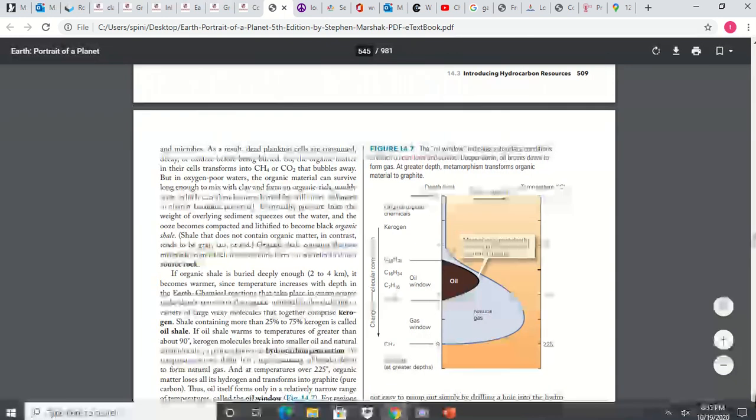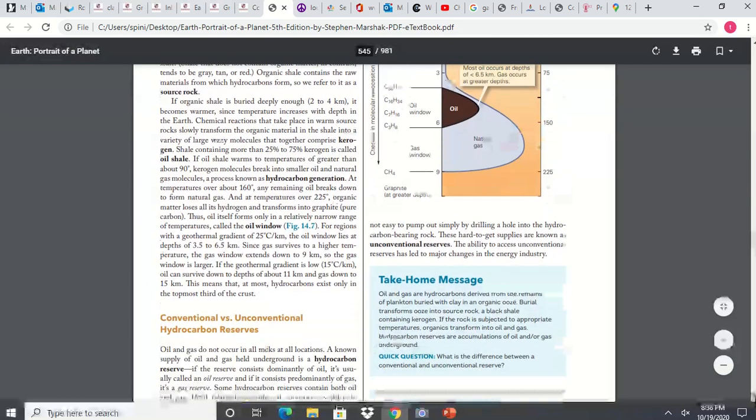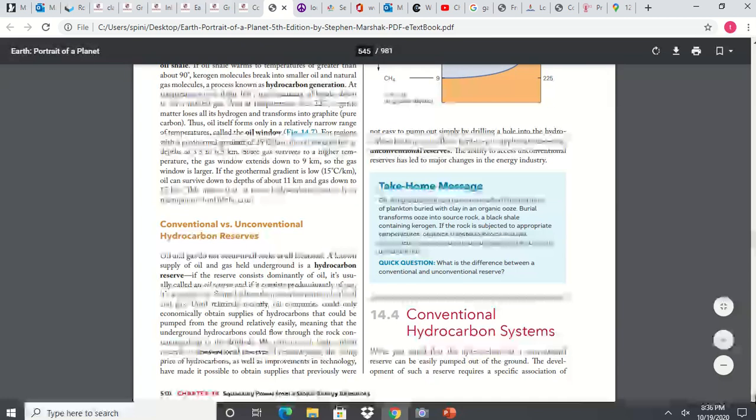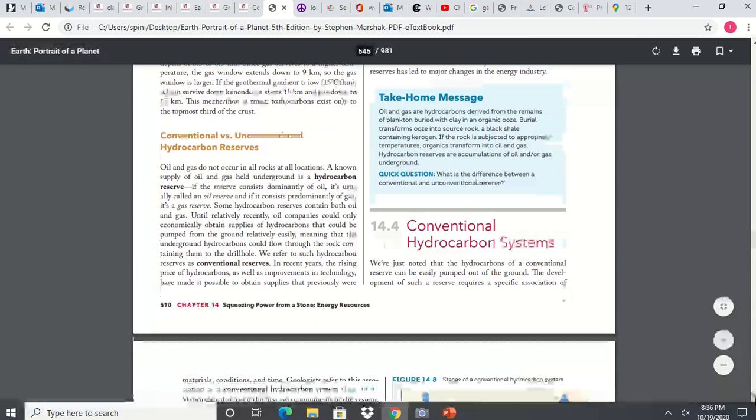And when we dig up coal, if you've seen big seams of coal out in eastern Kentucky, that is in fact the source rock. That is where that material ended up several hundred million years ago. So go ahead and read this chapter. I'm not going to go into a whole bunch of it, but they talk about different kinds of reserves, which is all very interesting. We talk about conventional reserves, which are kind of what we read about and hear about. For example, conventional reserves in oil, we find a lot in the Middle East. We find some in the United States, in places like Texas and Alaska and offshore of Louisiana.